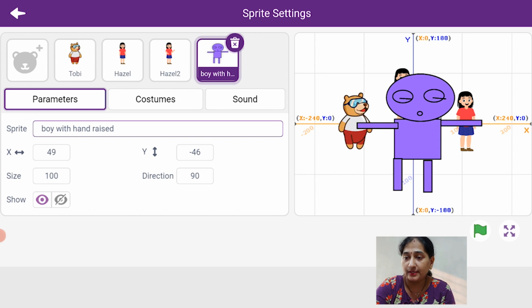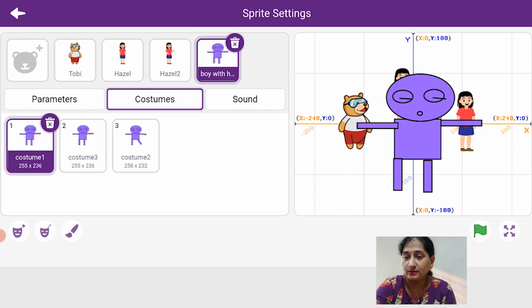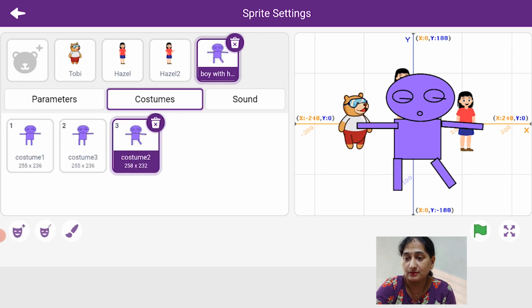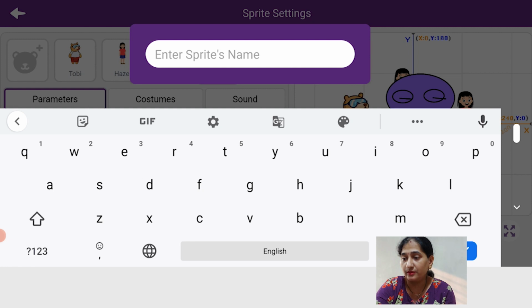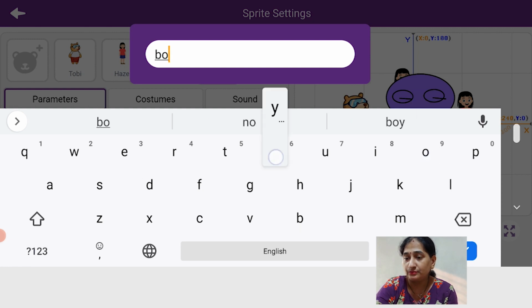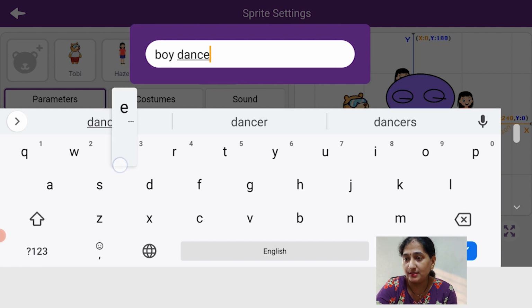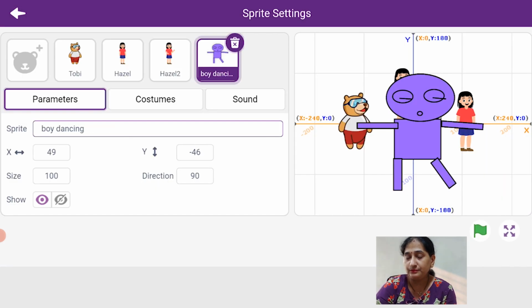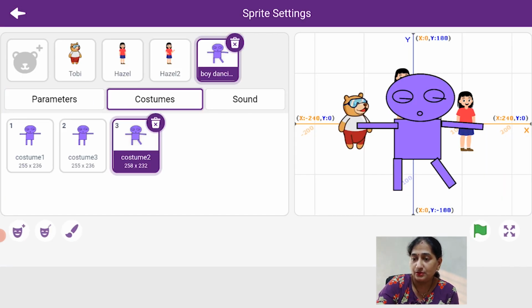For the next costume, again go to parameters and change the name to boy dancing. So these are the three different costumes that we have created.